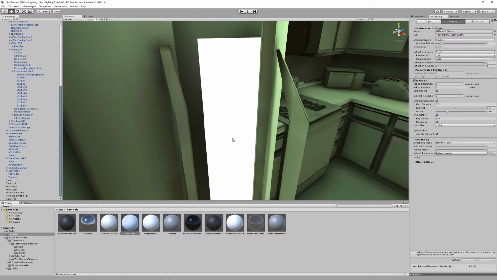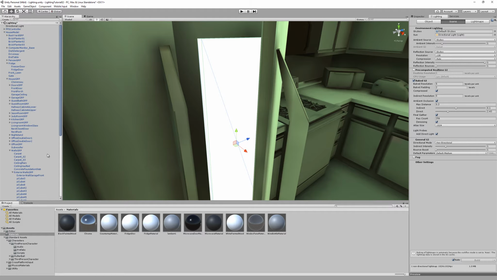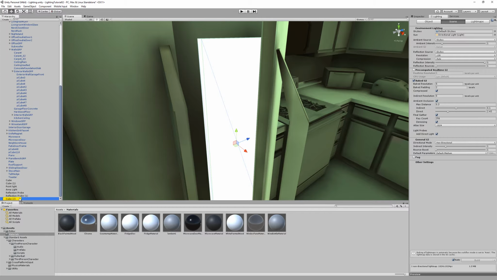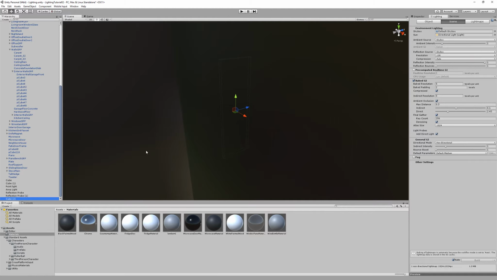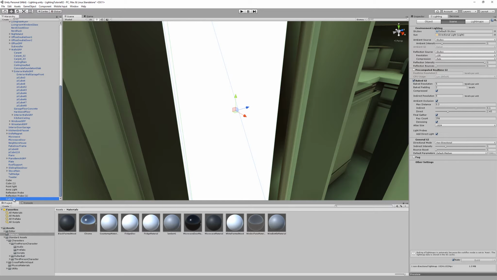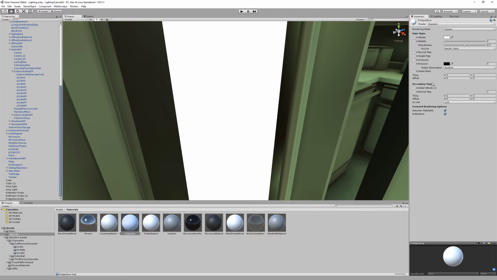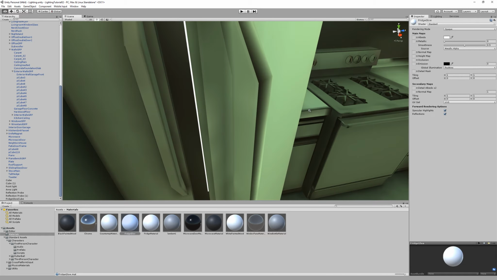The cube itself I should probably also label. Let's see, where is it? There it is. Cube 2. Should probably rename it to fridge glow cube. Okay, so I got the fridge glow material on the fridge glow cube. Now I need to go into the inspector panel, and for this to glow,